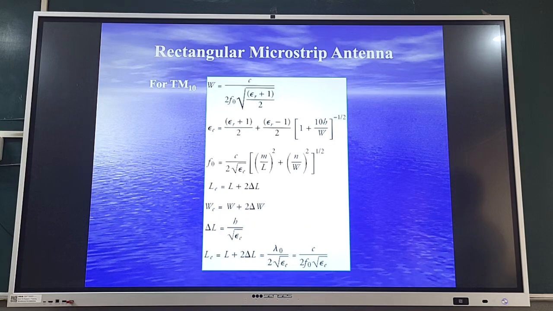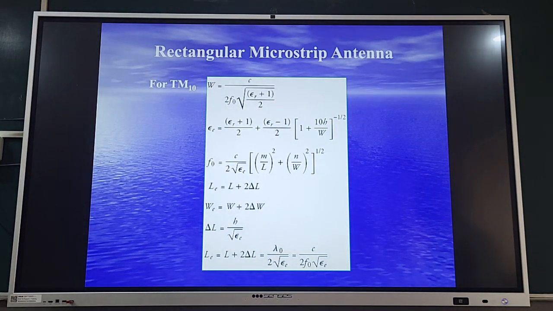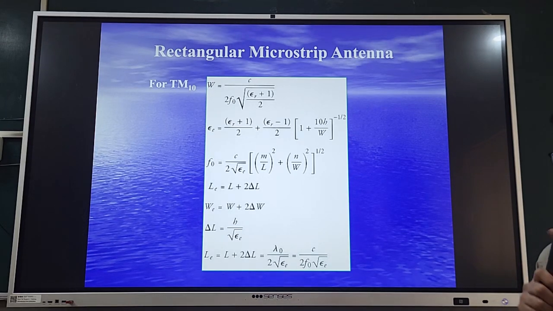Now, what are the parameters to be evaluated? Length and width. But remember, in a rectangular microstrip antenna, both resonant dimensions are possible. Why? Because one can design for 1-0 mode, one can design for 0-1 mode. 1-0 mode deals with length, 0-1 mode deals with width. So, which one is to go for? Here we have 1-0 mode. So, naturally,